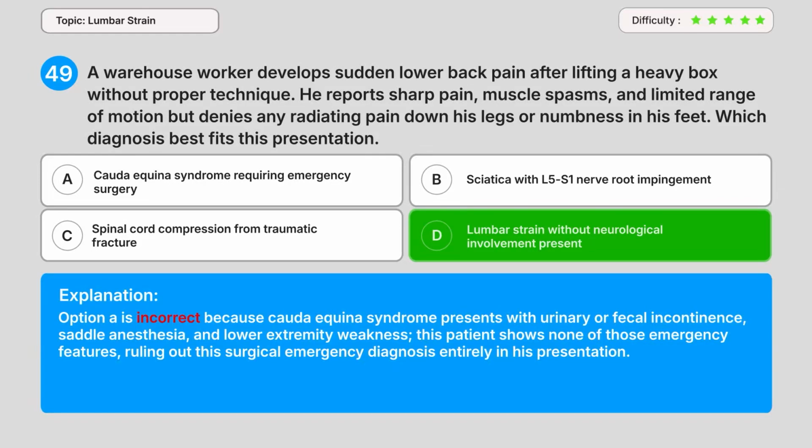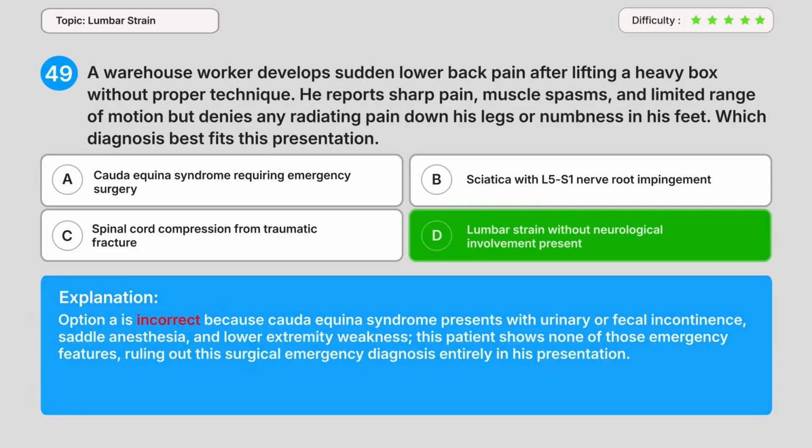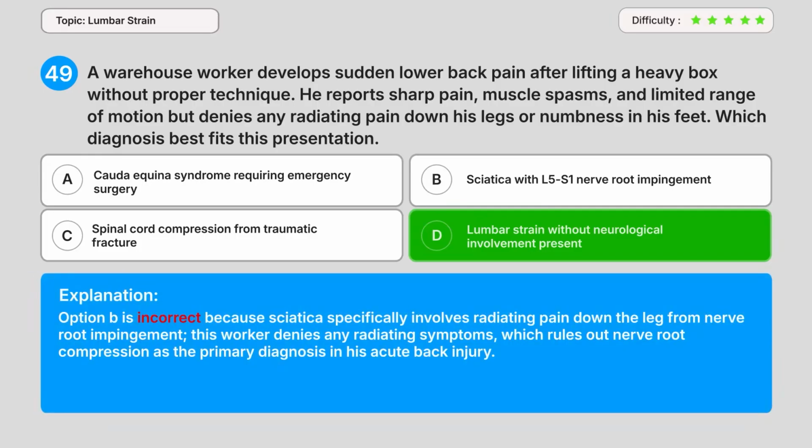Option A is incorrect because Cauda equina syndrome presents with urinary or fecal incontinence, saddle anesthesia, and lower extremity weakness. This patient shows none of those emergency features, ruling out this surgical emergency diagnosis entirely in his presentation. Option B is incorrect because sciatica specifically involves radiating pain down the leg from nerve root impingement. This worker denies any radiating symptoms, which rules out nerve root compression as the primary diagnosis in his acute back